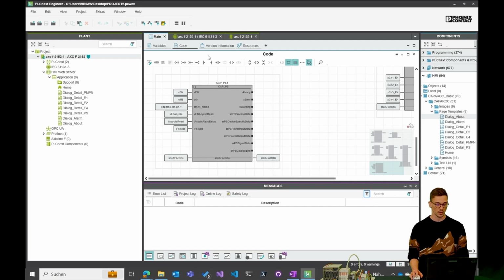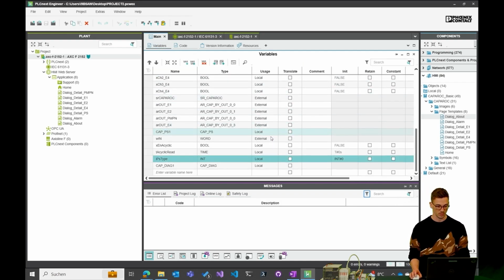If it's an integer value, so if you select 1, it's a 20 amp, and if you select 2, it's a 40 amp. So let's go in the variable list, and as an init value, choose the 2 for the 40 amps, because this is what we have as a device here.